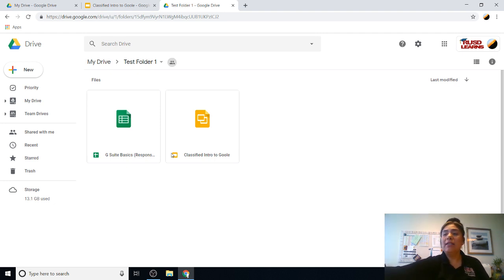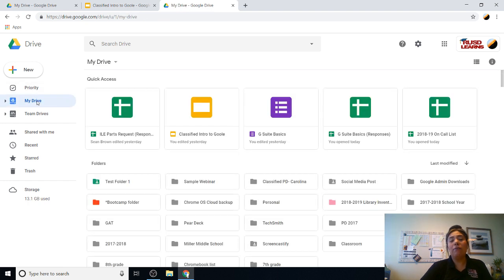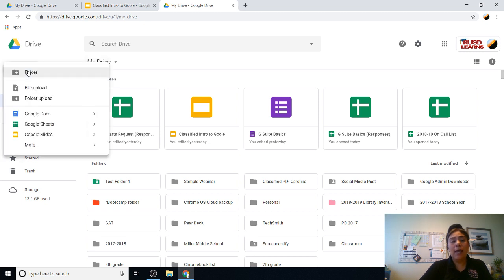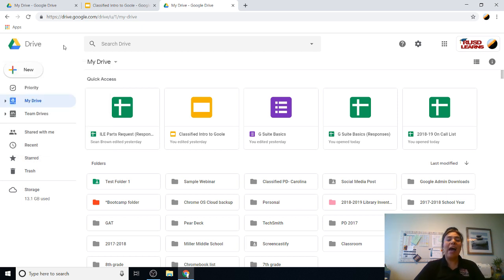What we're going to do next is we're actually going to go ahead and start creating in Google Docs. Here, I would suggest to always start and create your documents through the drive. So again, I can go to drive.google.com. I can hit that new button, and I'll see Google Docs, and I'm going to click that and create a new one. Actually, right before we do that, I do want to show you a couple of things